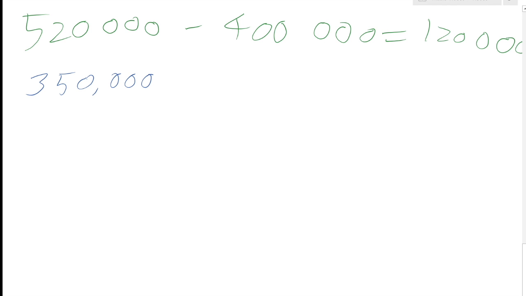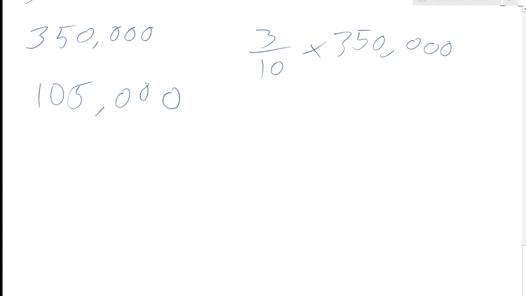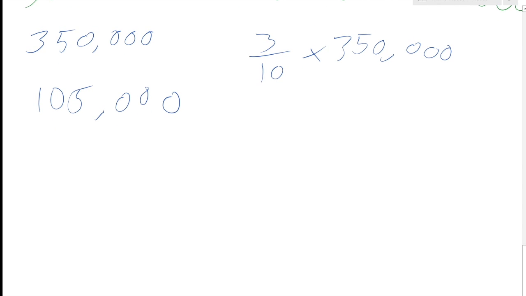Well, plug it into your calculator. I'll very quickly do it in my head. It should be £105,000. So that's 30%. Obviously, that's 3/10 times £350,000. For these questions, obviously, do be using a calculator. You don't want to be working out these large numbers in your head like I'm trying to do. So obviously 30% increase means we add that, so £350,000 plus £105,000 is just going to be